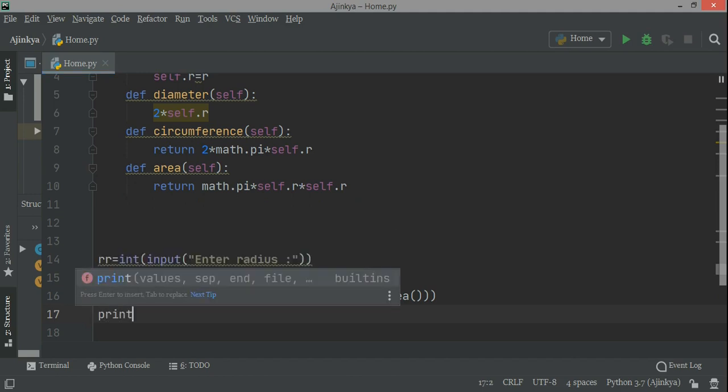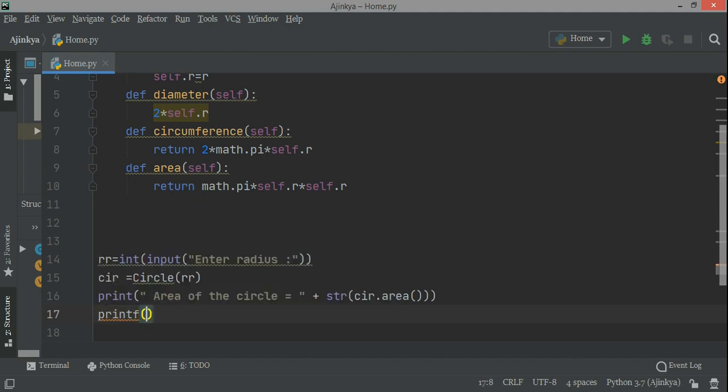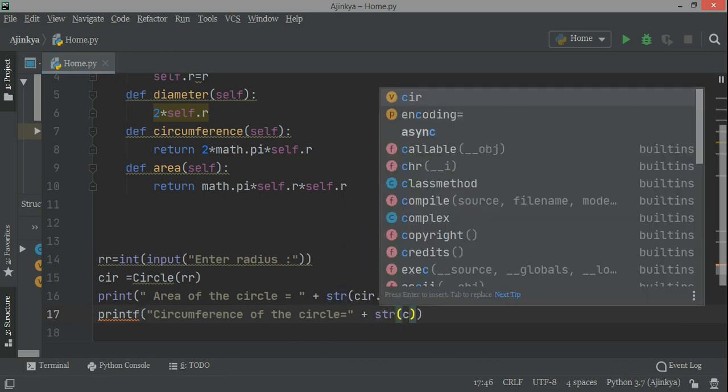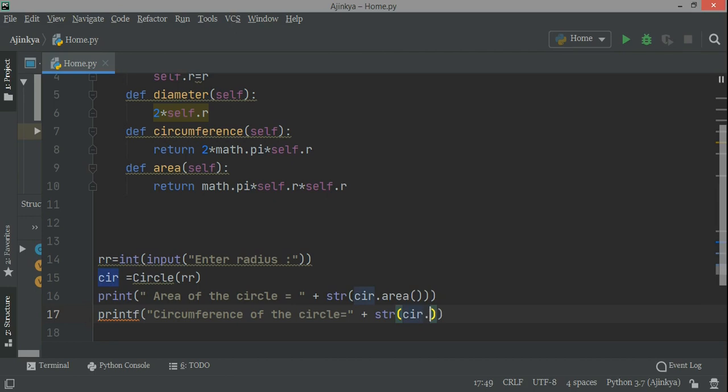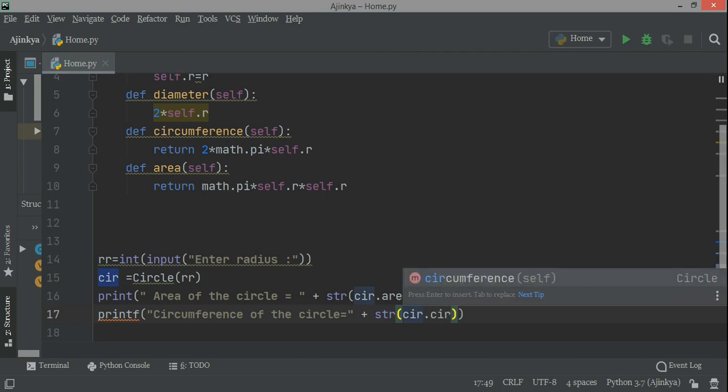Now I'll just write print, with double quotes "area of the circle equals", which is actually a string. I'm concatenating the string with another string, so cir.area will be converted into a string with str and concatenated with the area of the circle text. So the whole thing printf will take the string and there will not be any problem.